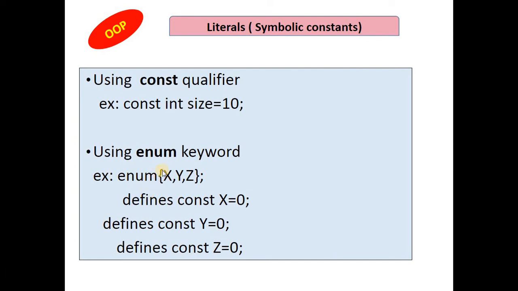The next keyword we are seeing is the enum keyword. If I define enum x, y, z, it is actually a symbolic constant where x will have the value 0, y will have the value 1 and z will have the value 2. So this is the enum keyword, which defines constant values. Dear students, to refine this, x is going to have the value 0, y the value 1 and z the constant value 2 throughout the entire scope of the program.